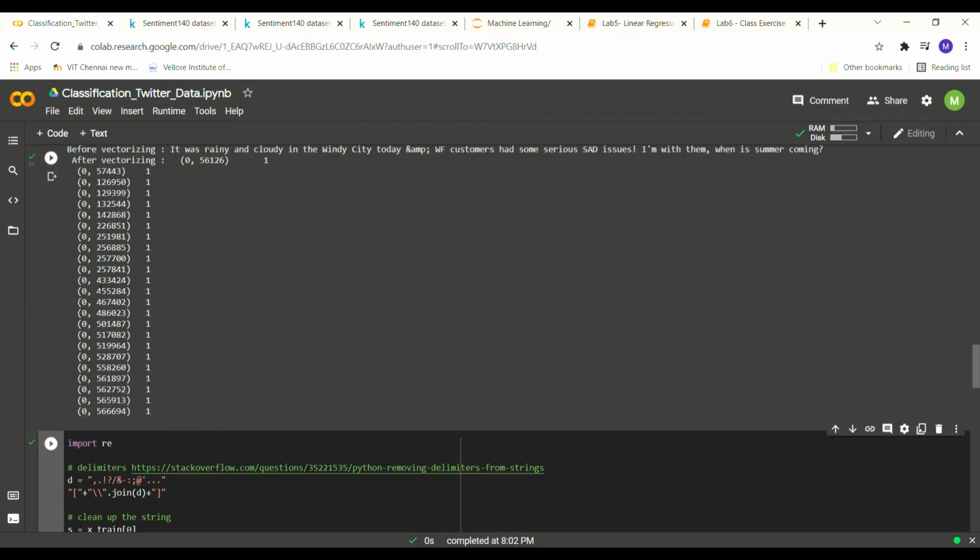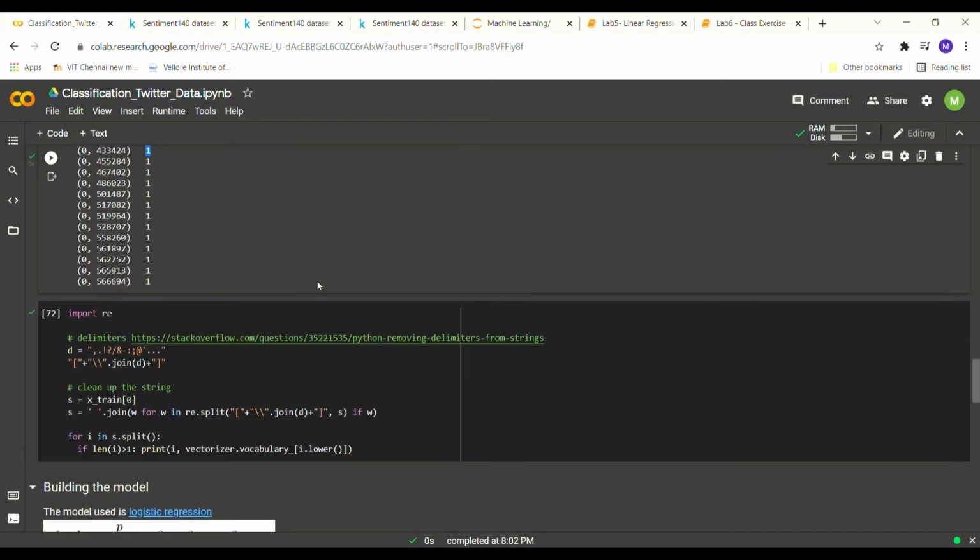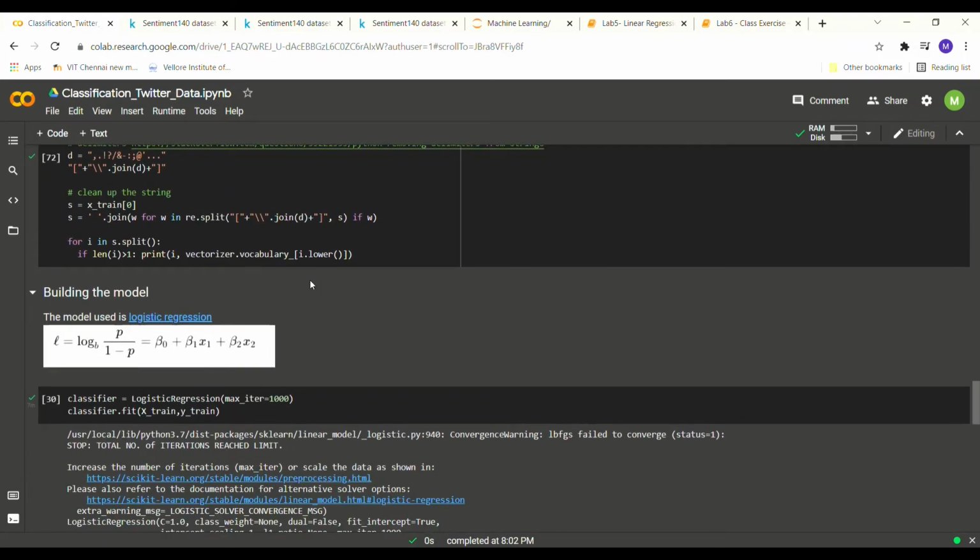So each of the words with this particular index and the number of times it occurs in that particular tweet. So the next step is to build the model. We have used logistic regression here because we'll be classifying it into positive sentiment or negative sentiment. Just to put it in simple words,